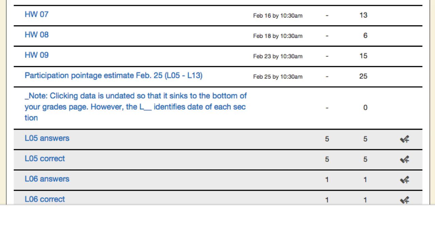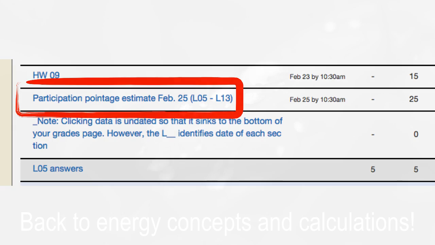All right, now the correct I use for figuring out bonus points. And you can make a side note about this. If your correct tallies up to 75% or more, then you get 4 bonus points at the end of the semester. But your regular participation, something out of 25, Celine, is from L5 answers, L6 answers, L7 answers, and all the way down to the end of the semester. Okay, so you can always figure that out with a little bit of mental elbow grease and a little bit of calculation.